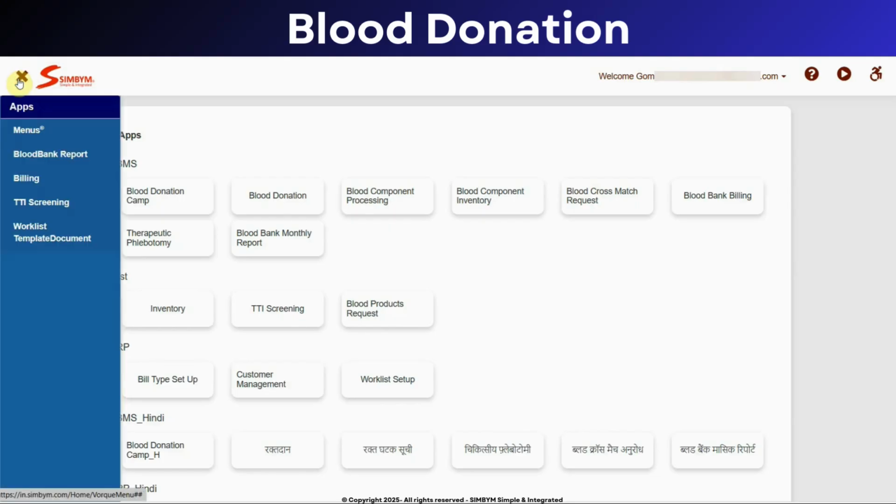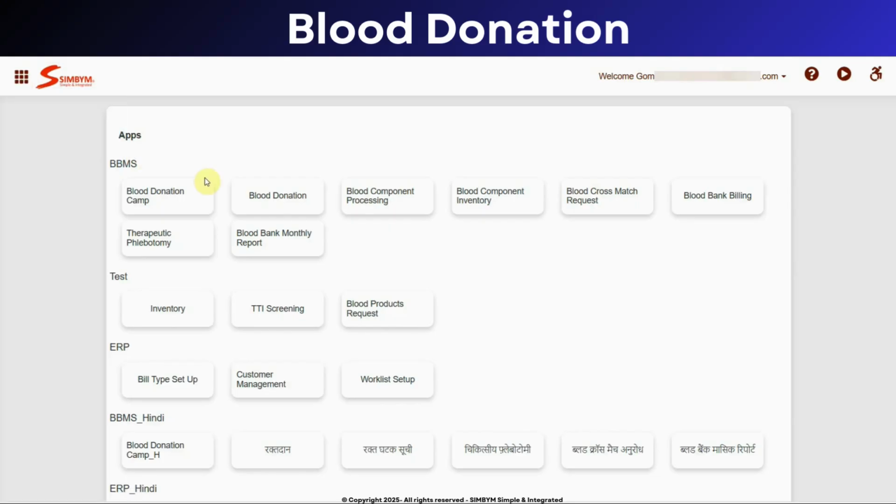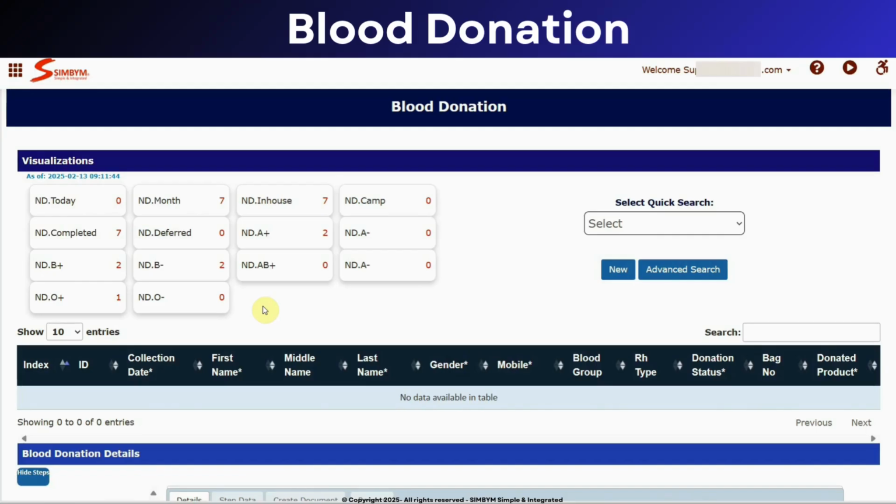Click Hamburger menu. Click Menus page. Open Blood Donation module. In the Blood Donation module, custom visualizations include the number of donations today, the number of